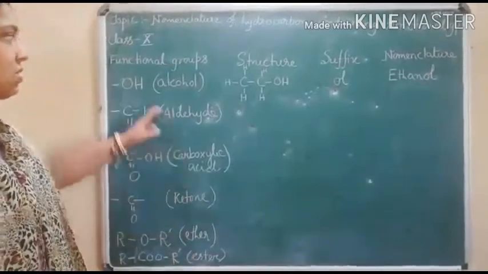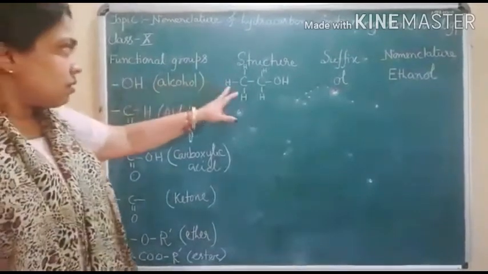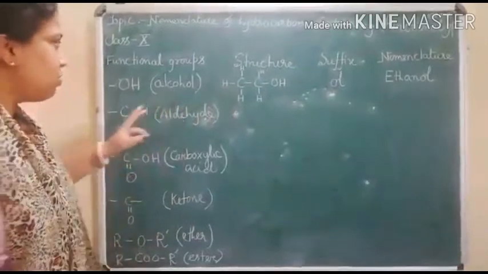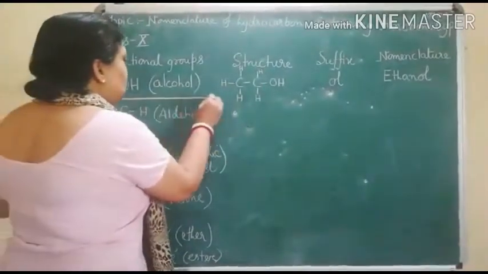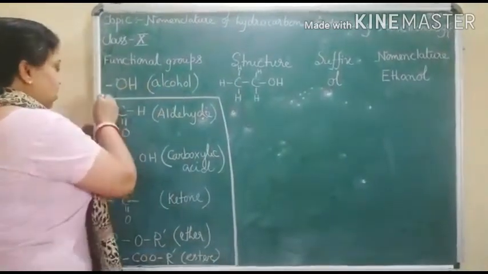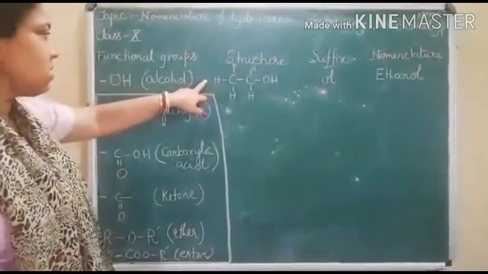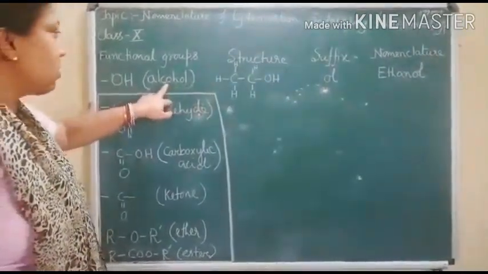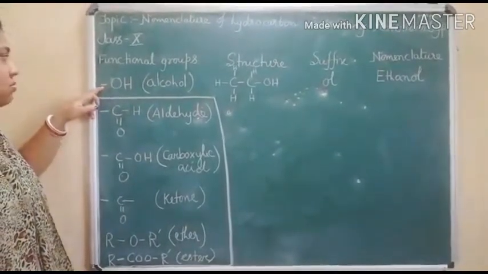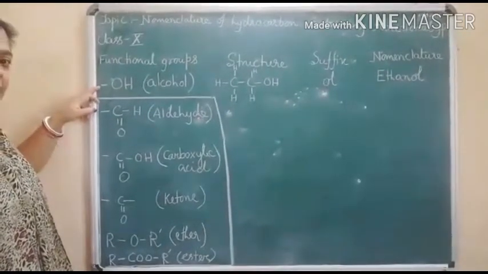So first let's start with the first functional group, OH. Now I am taking the examples. I will do only with OH. You don't have to consider the others now. Whatever topics I am doing now are related to alcohol. You can see this dash I have written means a hand, meaning this bond will be attached with a carbon chain.